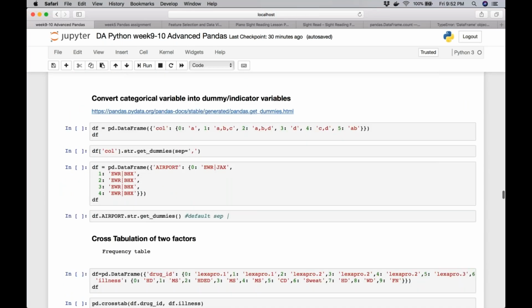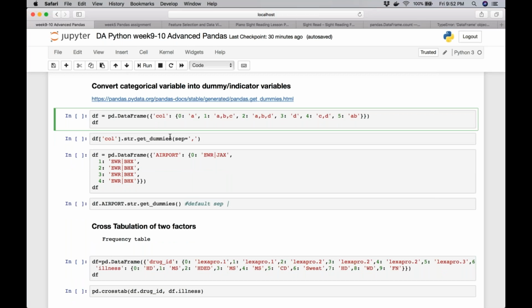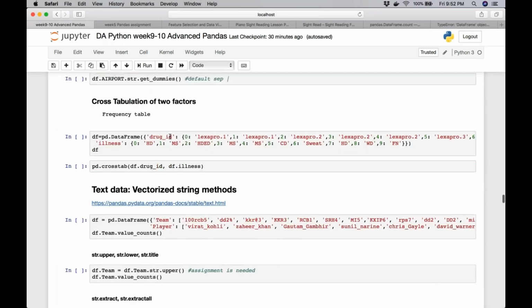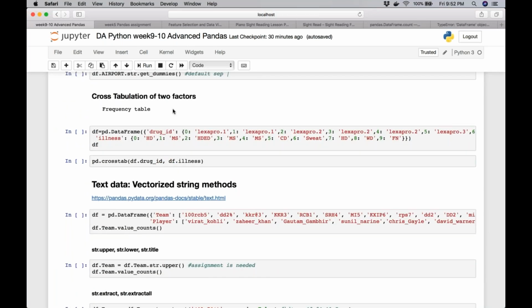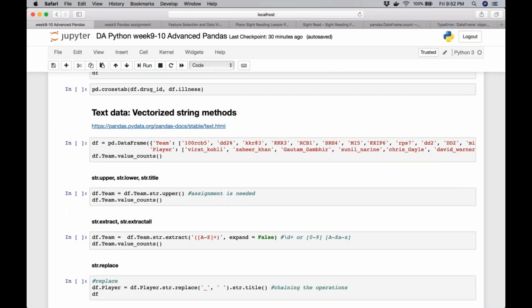And then there are a couple of other functions which are used primarily from the machine learning point of view. So you'll be making use of them. I remember somebody asking about cross tabulation. So that is when we talk about that. And then we move on to the string methods.